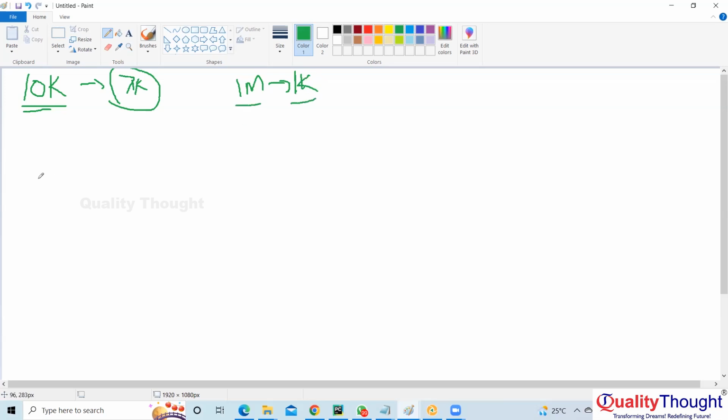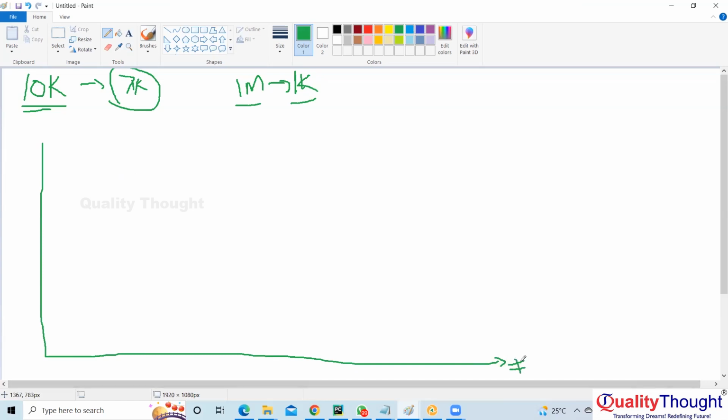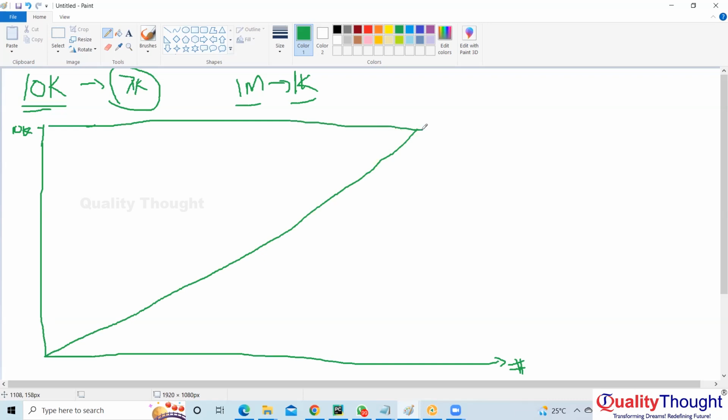Now if you do not use any machine learning model, let's say this is the number of attempts you are doing, and this is the number of people. At max you have 10,000. If you are not using a machine learning model, if you are going randomly and meeting everybody, then you will be meeting 1%, 2%, 3%. You will be reaching 10,000 people at some time, right? So this is your curve.